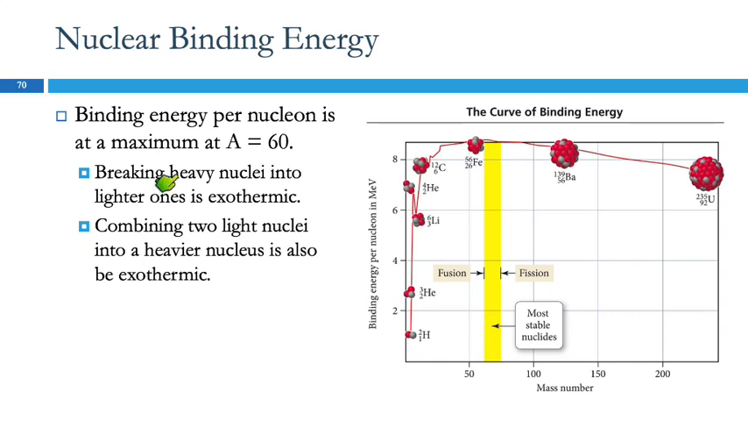If we break a heavy nucleus into lighter ones, that's an exothermic process. If we take two light nuclei and combine them into a heavier nucleus, that's also exothermic. And there's a typo there. That B shouldn't be